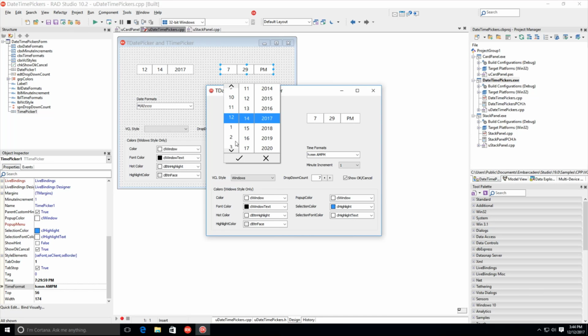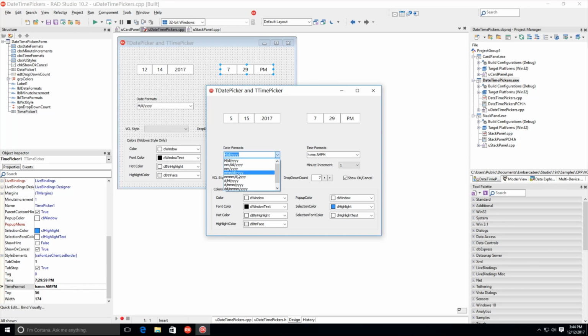So we have here the time picker, and you can see this is a pop-up scrolling list, and we can click the check mark because we have the show, OK, and cancel buttons enabled. To set the date, you can also of course set the date by hitting enter. And then we have a number of different date formatting options that you can choose from, and you can adjust